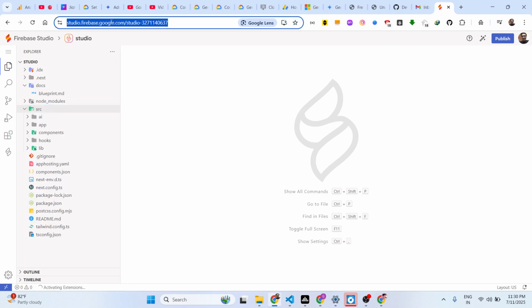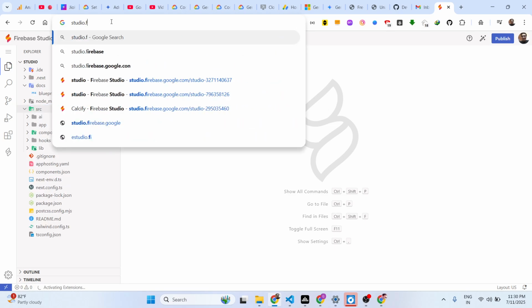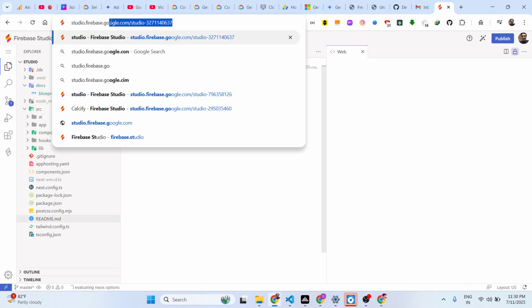simply go to studio.firebase.google.com to access this tool. It has the power of generating your,